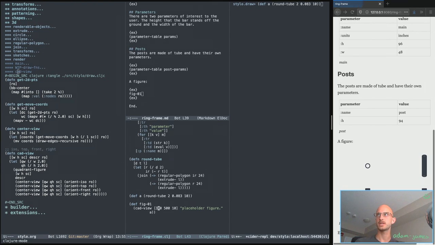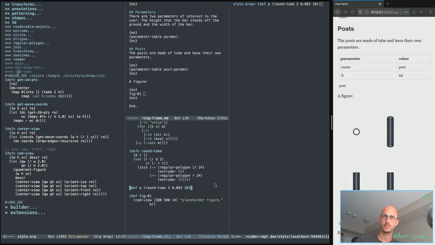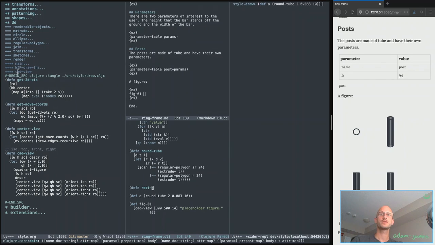Let's add to the height and let's pop that in a little bit here. The isometric view isn't very revealing here in this case. But let's bump the scale up to 14. Okay, well, that's a good start. So that is round tube. Let's now go ahead and make rectangular tube. Yeah. And that is going to need